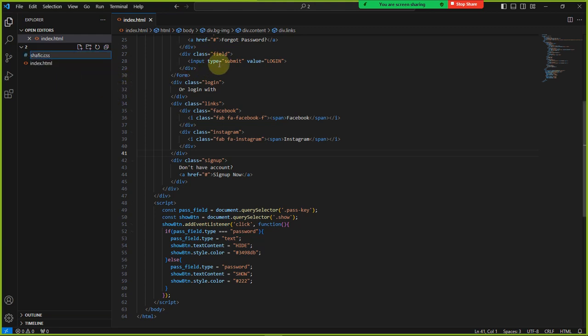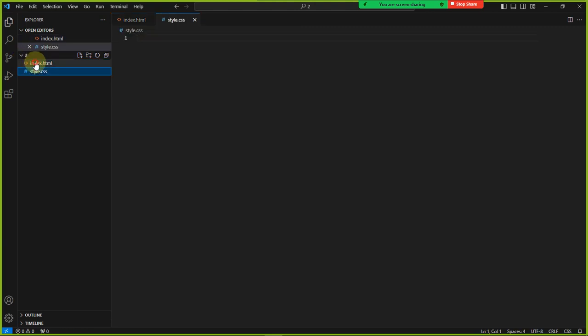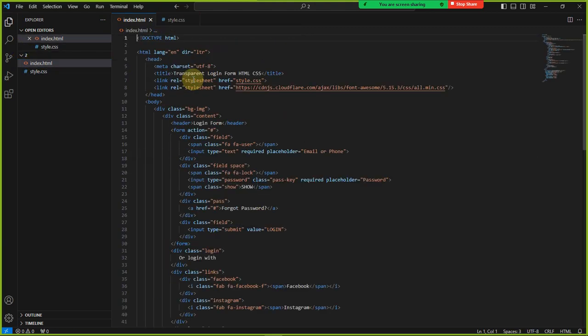Provided that in your index.html you link to this. It is a file because it has a file name and a file extension. So we shall put it as style.css, and then we first see if we have linked, because remember we said